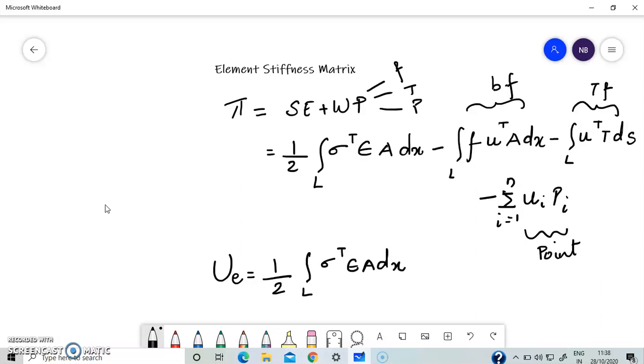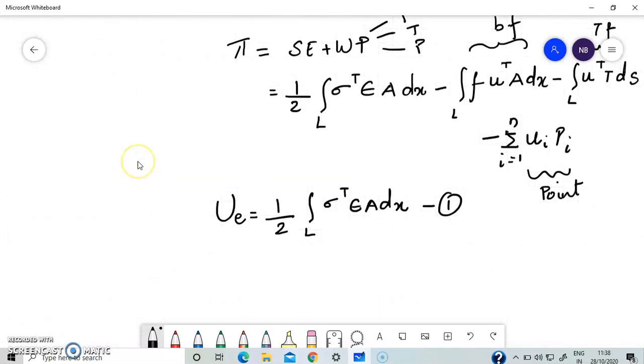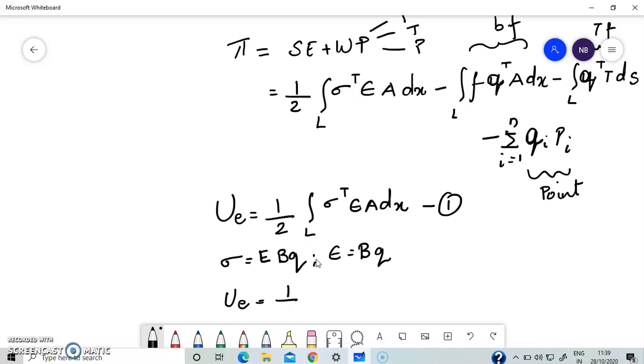Let me rewrite it and label this as equation 1. We know that the stress is given by E into B q. Since we have used small q for displacement, I will put the q term here. You could also write it as u. It means the same. Epsilon is given by B into q. So we get the strain energy after substituting these terms as: